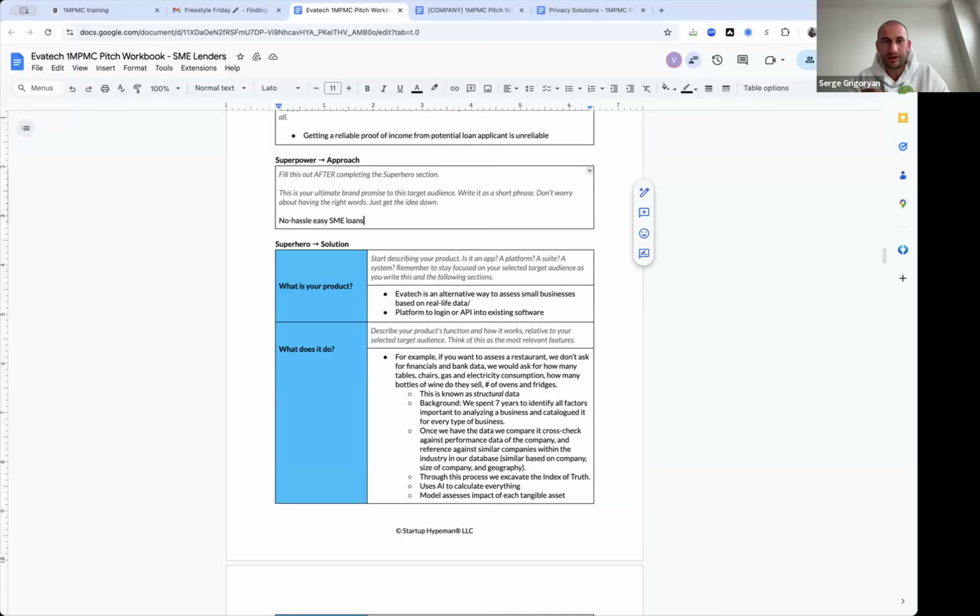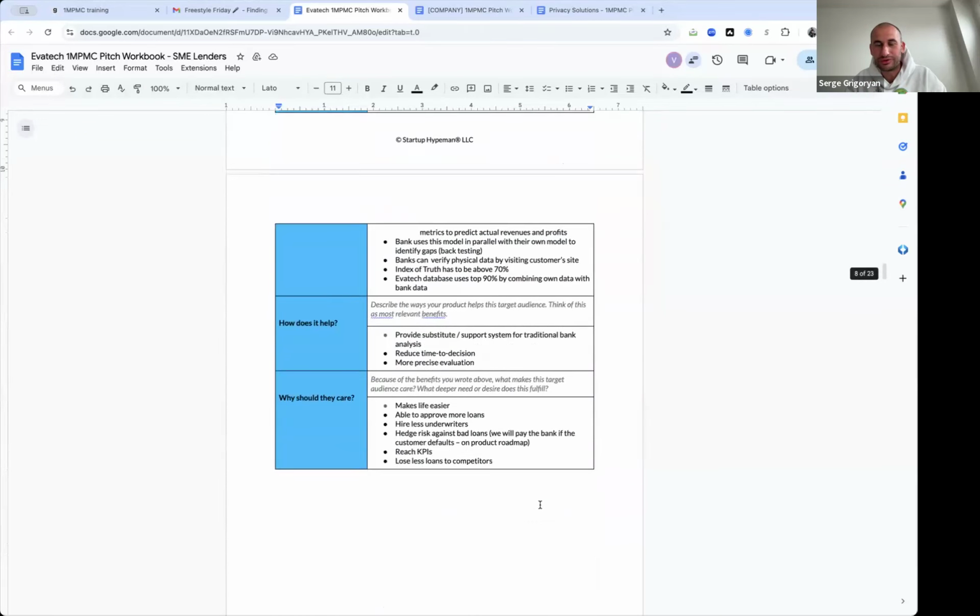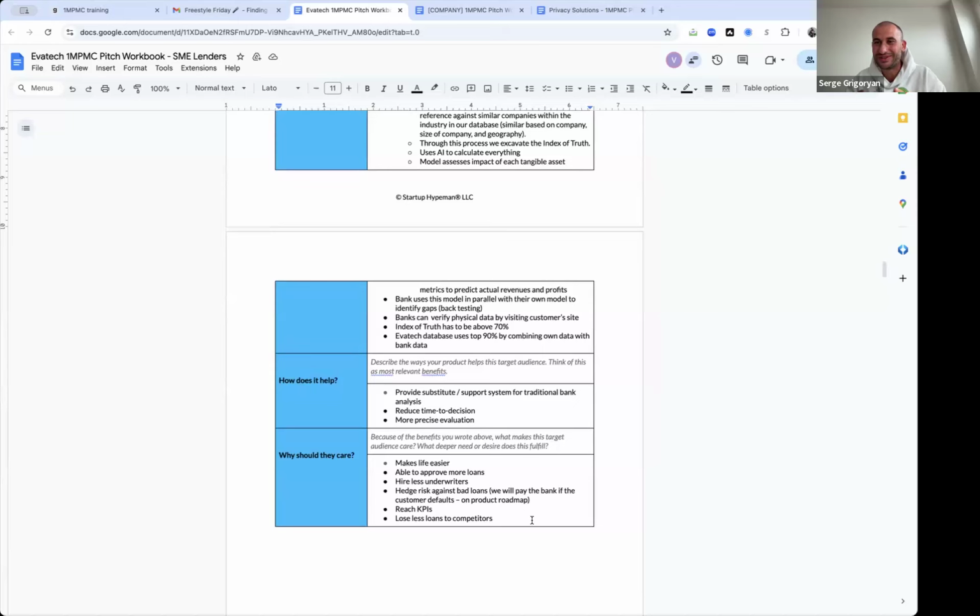And this is why we have the ambition to become a kind of a rating agency for SMEs, to change it a bit, not to help the banks to grant easier loans, but to help the SMEs to get easier loans, because they come to a bank with a rating from AvaTech, which is something that they understand, because the small businesses don't understand financial statements. They understand the real metrics, like how many people they have in the kitchen or how many drivers the taxi service has. So we want to make it easier for the small businesses.